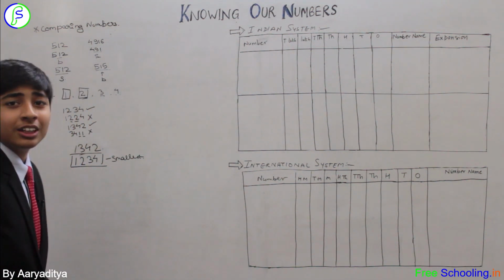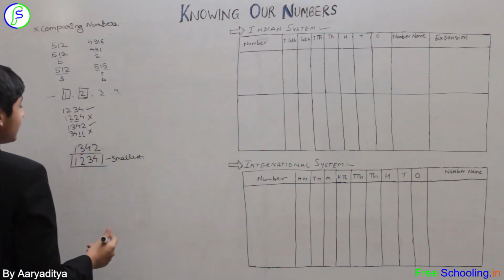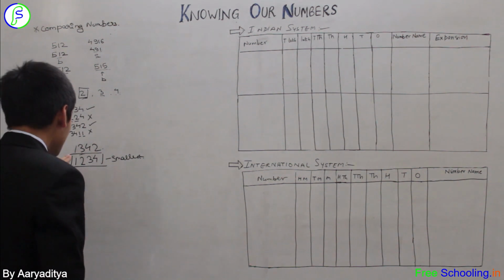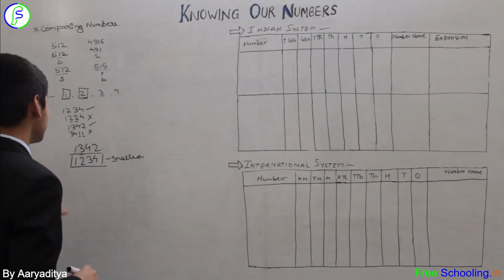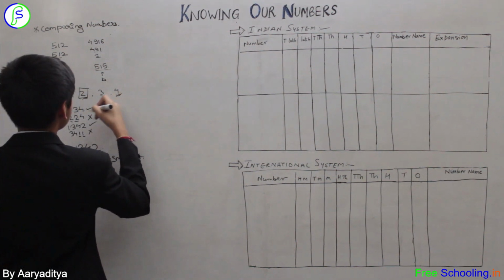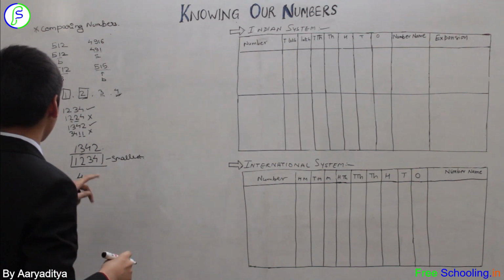Okay, we have succeeded in finding the smallest one, but what about the greatest one? Not to worry, I am with you, let's do it. So for the greatest, what is the condition? From the leftmost side of the number, the first digit should be the greatest. Which is the greatest? 4 is the greatest. So let us take 4.